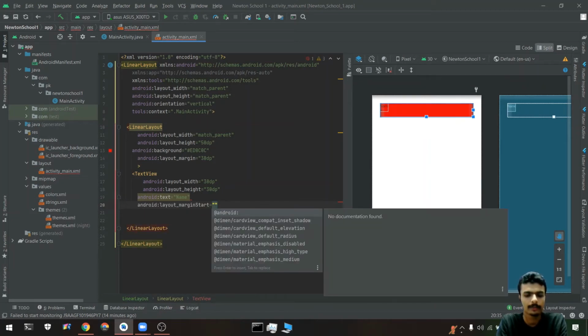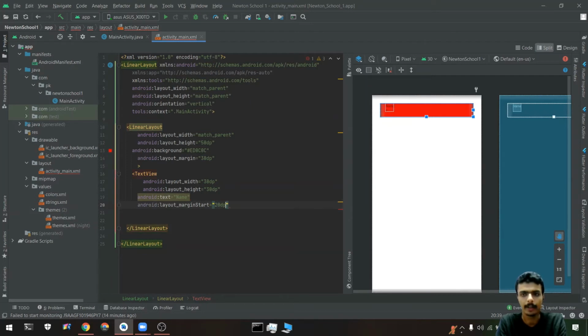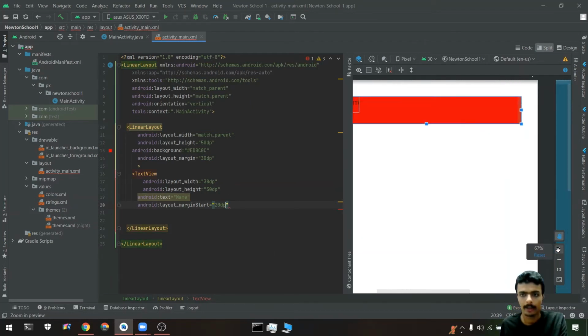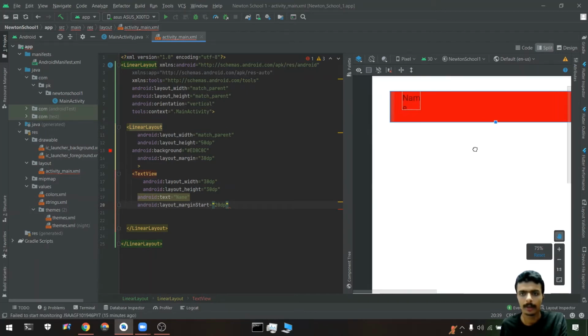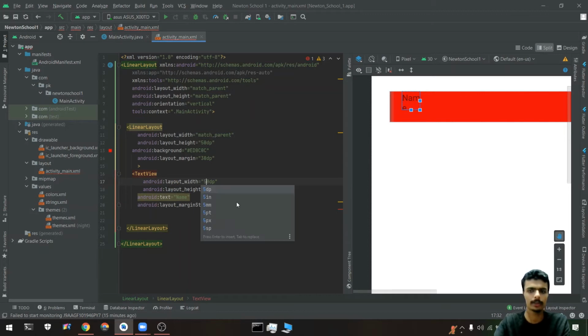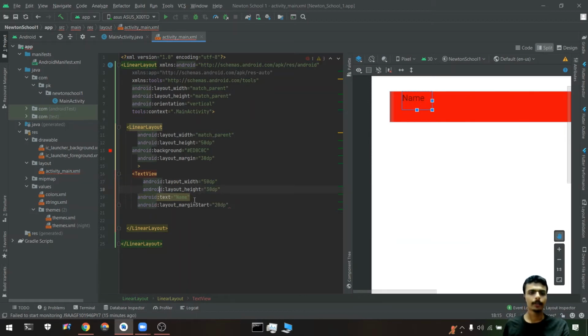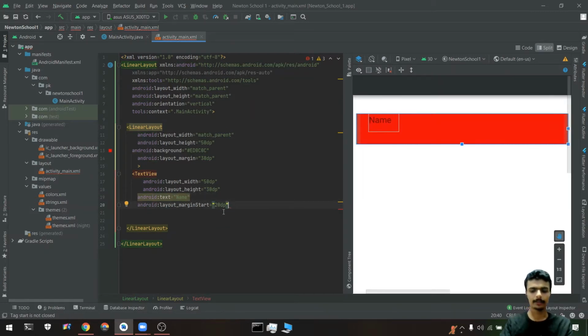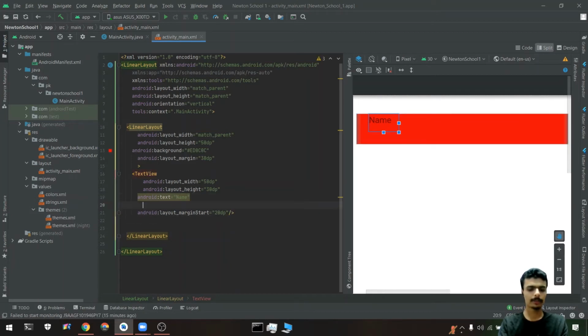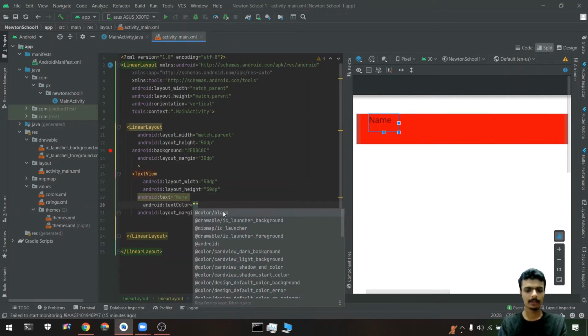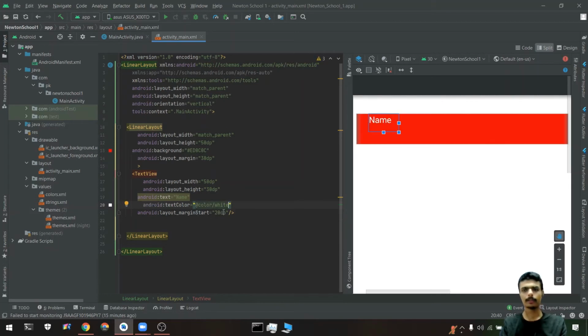Margin from the start will be 20 dp, so it shifts from the starting point. And the name with 30 dp, I don't know if this is enough. Now it's fine. Okay, perfect. Or we can give some color to the text. Yeah, now it's visible.